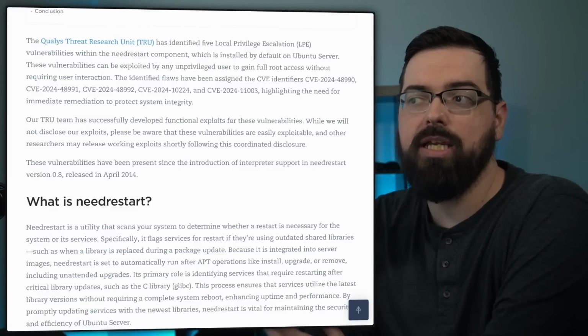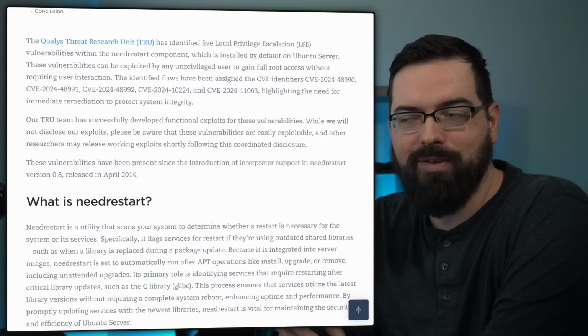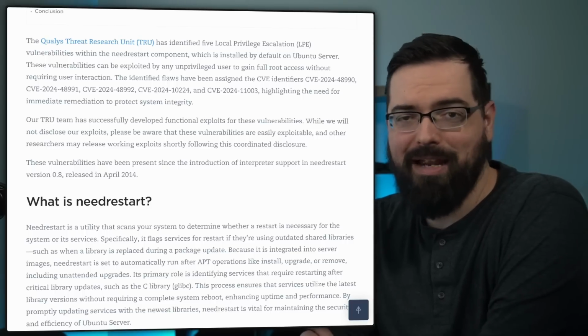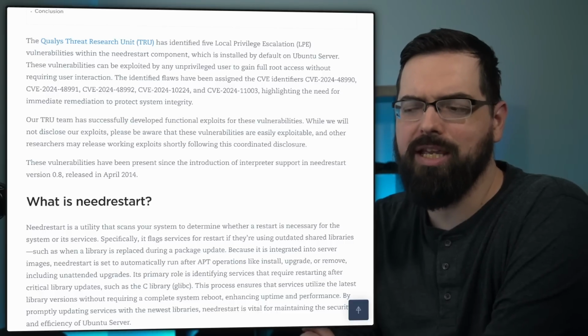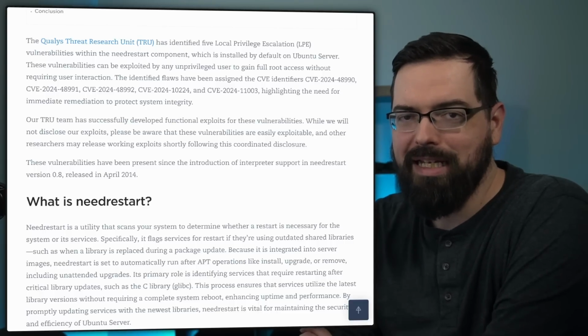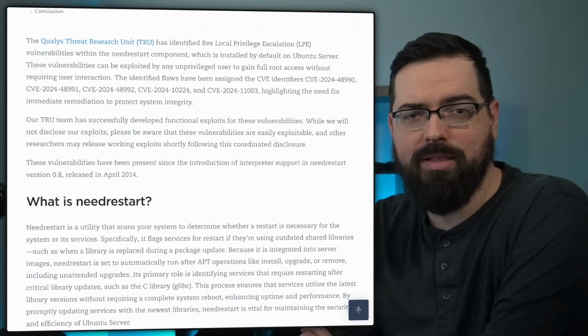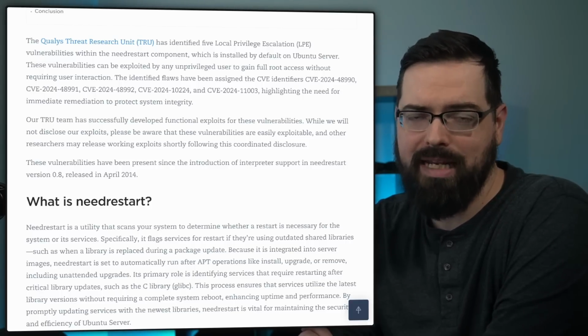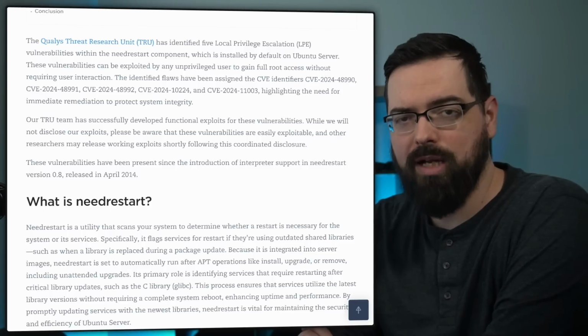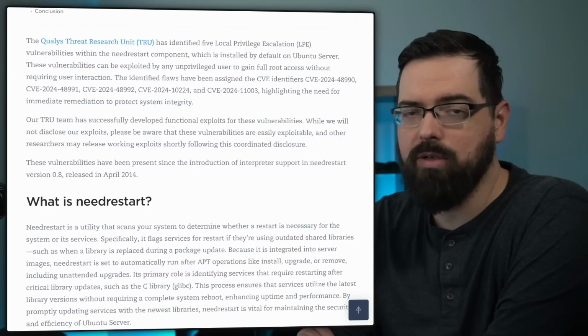sounds. Like a 10-year-long bug that was found, which was not affecting everyone for all those 10 years, but a lot of the times you'll see people talking about on the articles that it's a decade-long bug or something like that. If you have critical systems, though, like an enterprise company or something, that you should probably address this immediately, like now. Though if you are using RHEL or something in the Red Hat family, like Fedora, then you likely